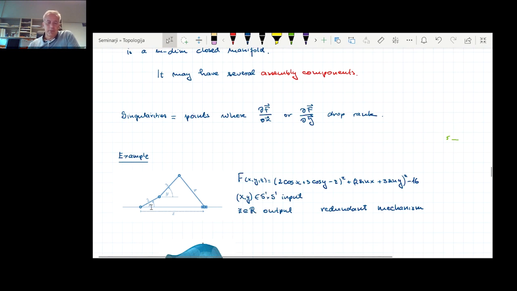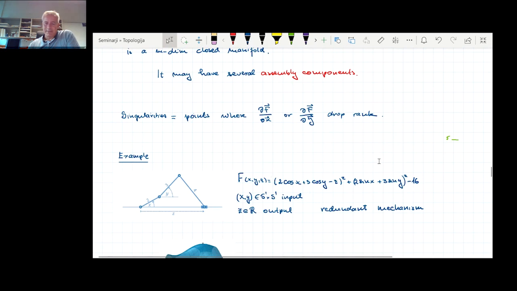And since we have 2 input angles and 1 output, this mechanism is 2 to 1. I mean, it's redundant. So the dimension of the input space is bigger than the dimension of the output space. Okay, can we visualize this? Yes, this case is sufficiently simple that we can